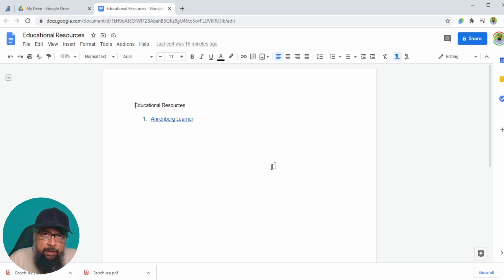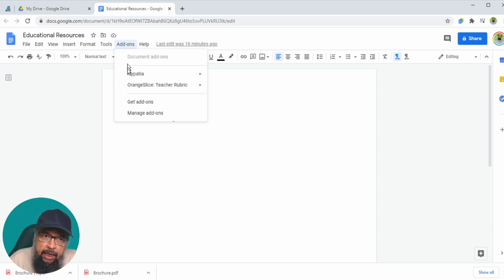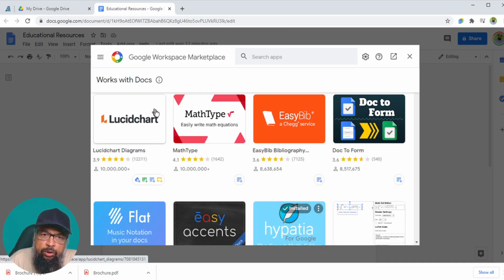Now the next tip is for college students or for researchers, because a lot of my subscribers are doing PhD or other degrees, and sometimes you want to add citations to your Google Documents. So to do that, we have to install an add-on, and I click on add-ons and then get add-ons. And now these add-ons are mostly from companies other than Google. So they have made certain tools which add additional functionality to your Google Documents.